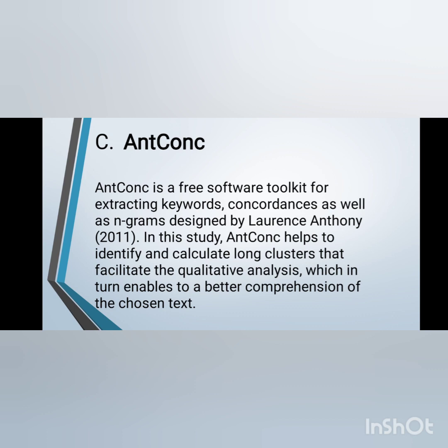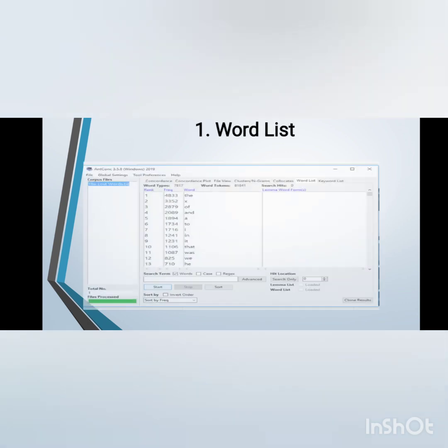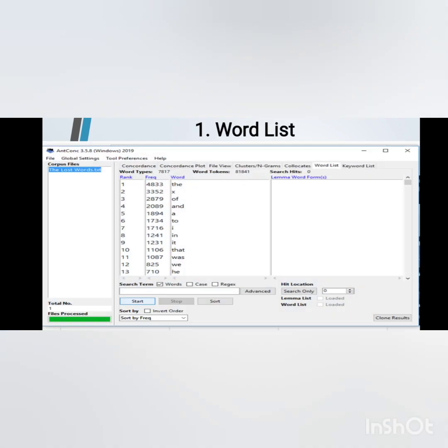Next slide. Analysis. This list, however, is not very informative for us in that it does not give much information about the story. One reason is that it contains a large number of function words, for example, the, of, and, which despite their necessity for structural purposes do not contain much content.